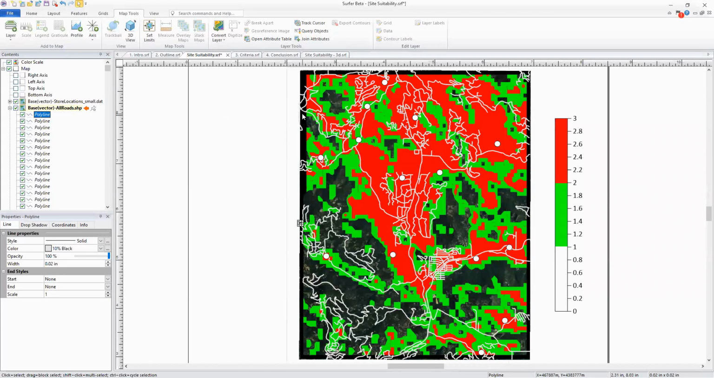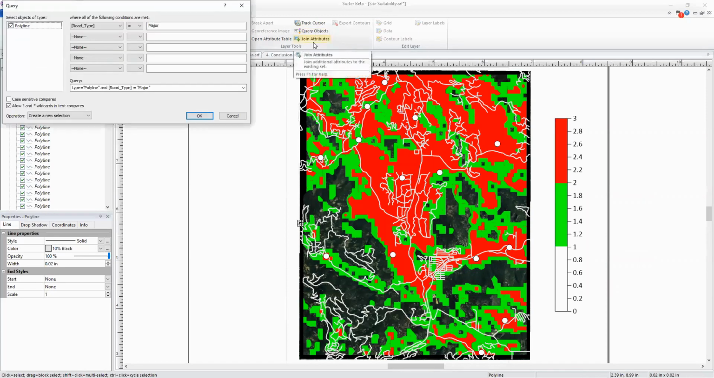And the query tool is located right here next to the layer tools section. And I'm going to go ahead and click that now. And that's going to bring up the query window. And related to that question earlier, Surfer remembers things that have been input before. And so Surfer remembers the query that I've put in here, but I'm still going to walk through it with